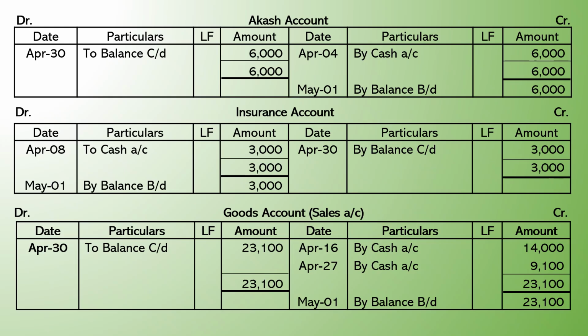There is no other entry to post, so total the credit side and write the difference on the debit side as balance carried down on the last date of the month, by which the total on both sides of the ledger will be equal. Thereafter, on the next date, carry down the balance with the amount to be brought down on the credit side.